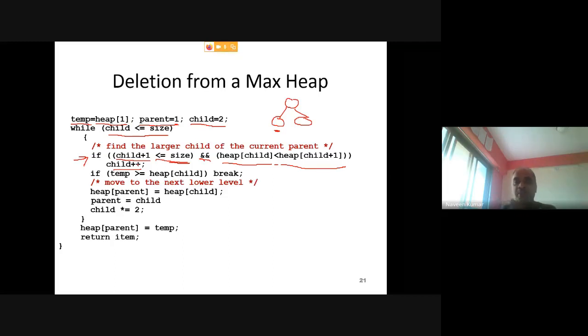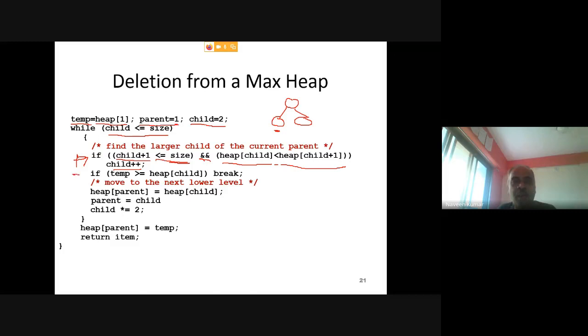So you compare the left child value and right child value. If the right child value is greater, then child becomes child plus 1, else the left child remains in child. So finally, after this if statement, child will contain either the left child index or the right child index, whichever contains the greater key of the two.